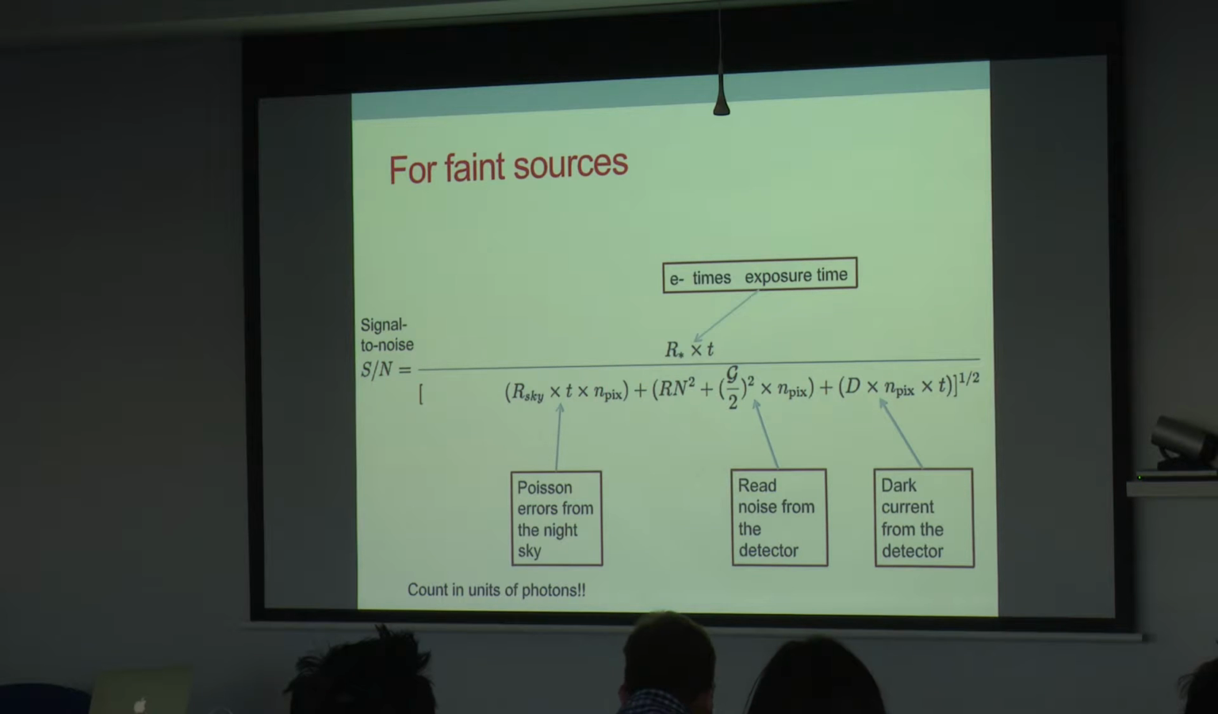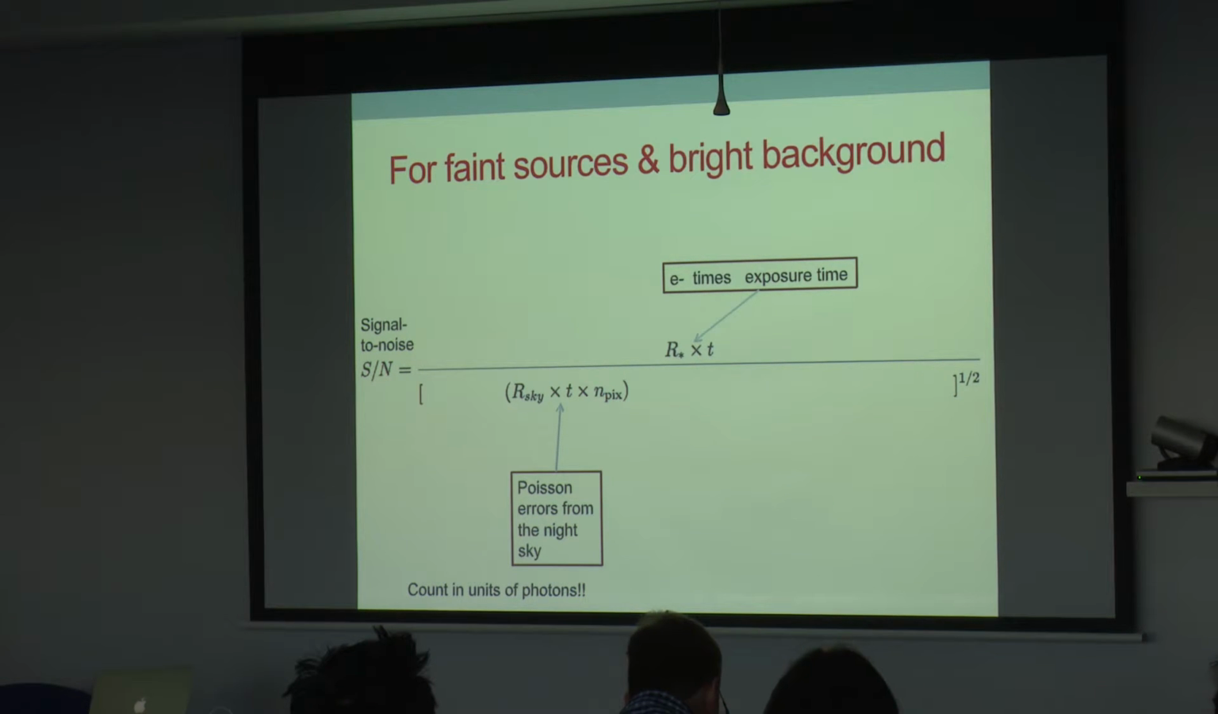At the other extreme, if you have a very faint source, in many cases your observations are limited by noise from either the detector itself, so the read noise, or the dark current, which I'll talk about in a bit, or the actual Poisson or counting noise from the night sky itself. So it's bright, and so it makes it more challenging to detect faint things. If you have a faint source and a bright background, then those other two terms, the detector itself, kind of cancel out or are not important, and the dominating term is actually just the night sky. And so in this case, you say that you're night sky limited, or sky limited, in terms of your signal to